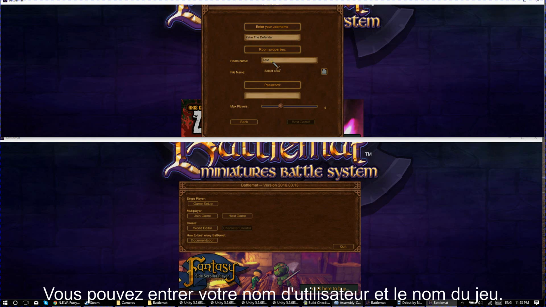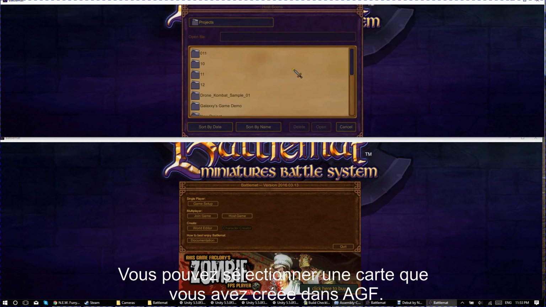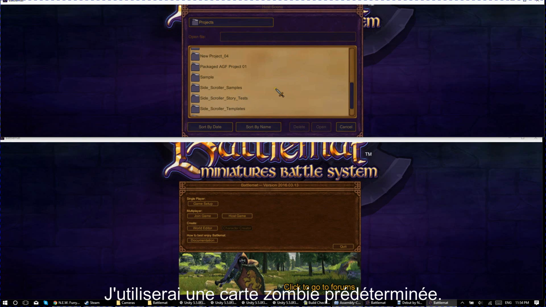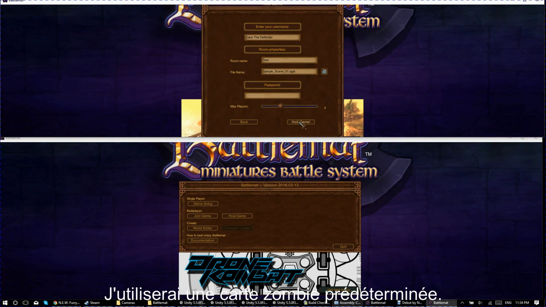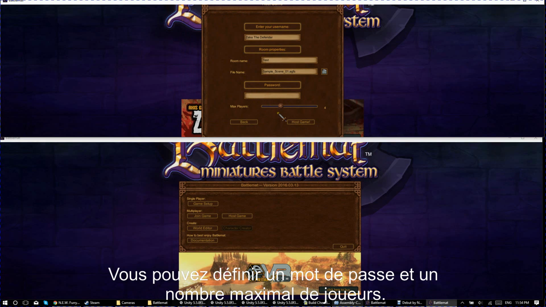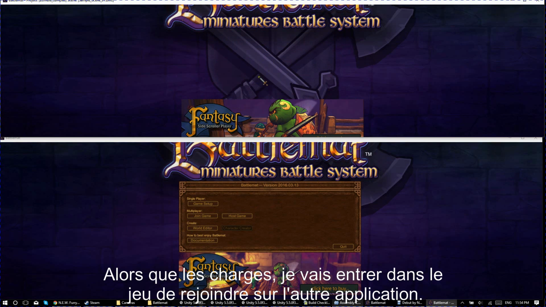You can enter your username and your room name. You can select a map that, say, you've built in Access Game Factory. These have all been made already, so I'm just going to use one that's fairly good, like the zombie one here. You can also set a password after you do this, for obvious reasons. Max players there. While that loads,